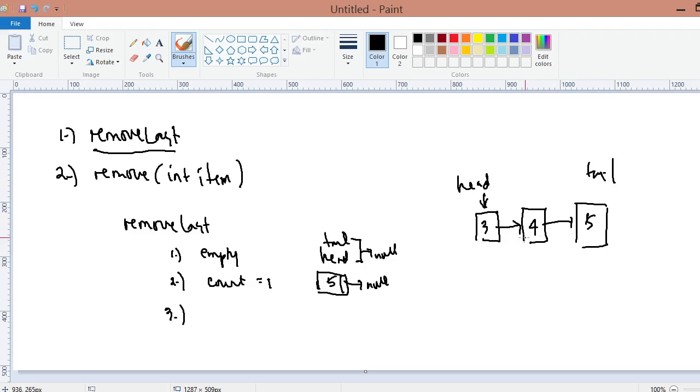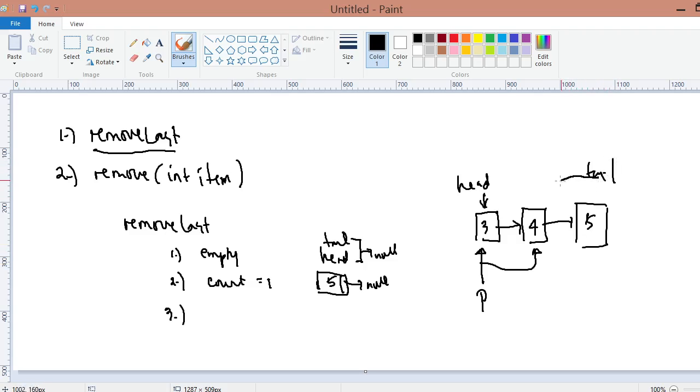If we have two or more nodes, what we're going to do is create a reference variable such as p, and then let this p point to the node where head is pointing, and then let that p traverse the list until it reaches the node before the tail.